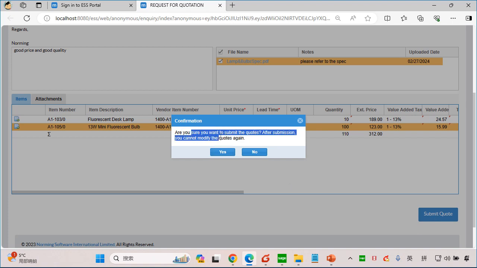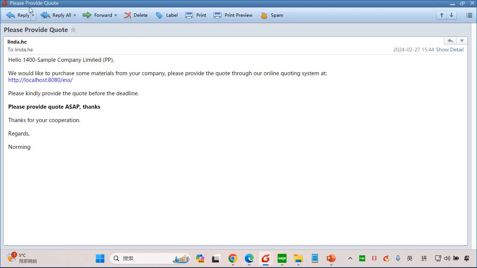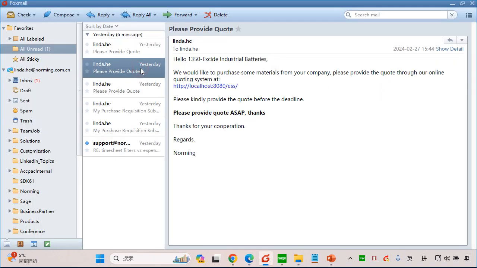It just gives a warning: are you sure you want to submit codes? After submission, you cannot modify the codes again unless the purchaser sends another code request. So yes, and I will do the codes for the next. Let me go to my email. Go to the next